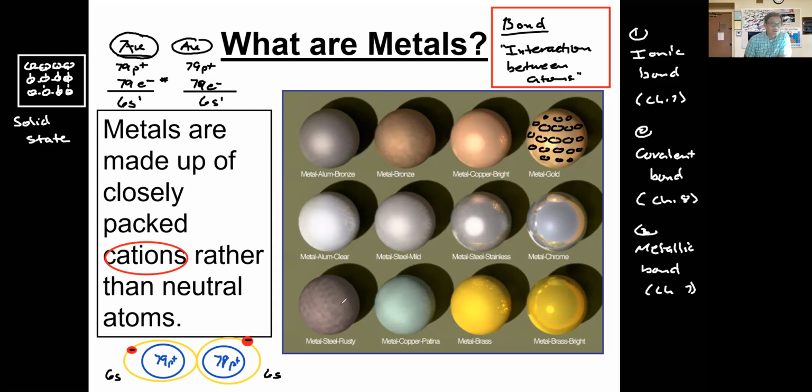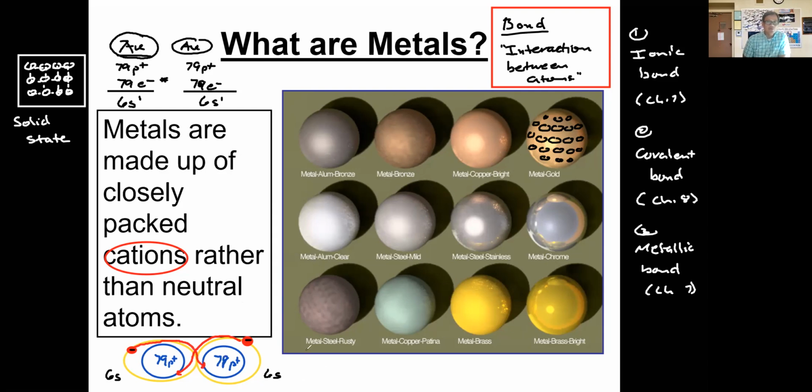The idea behind the theory of the metallic bond, the way that we explain metallic bonding, is very simple. What happens is that as these electrons move around this nucleus, they can shift over and move around that nucleus. Same thing with this electron here. As it moves around its nucleus, it can shift over and start moving around this other gold atom.